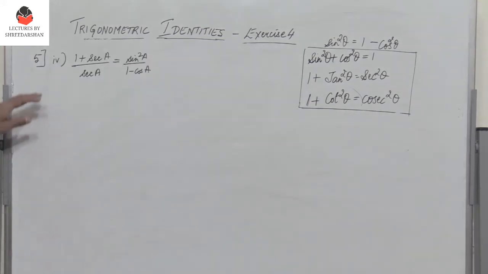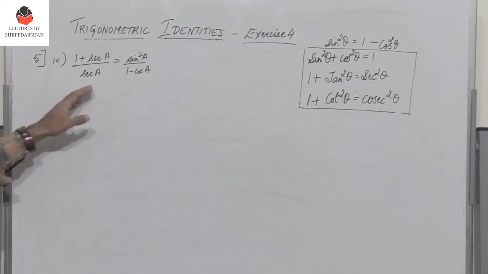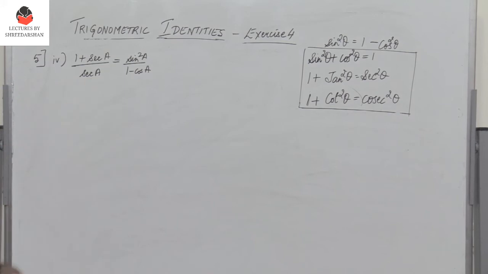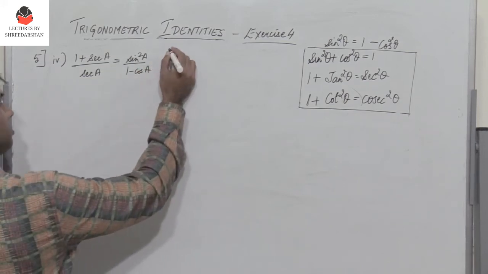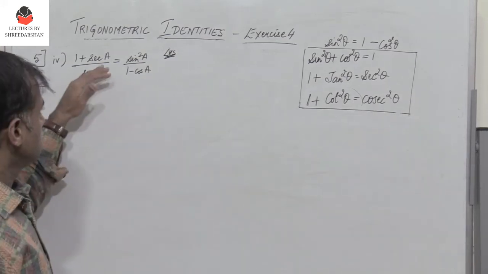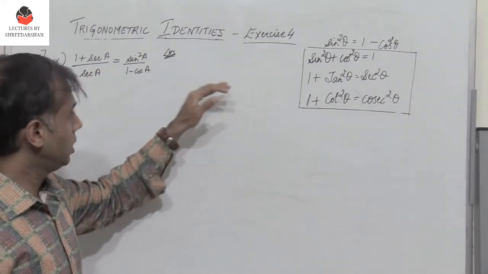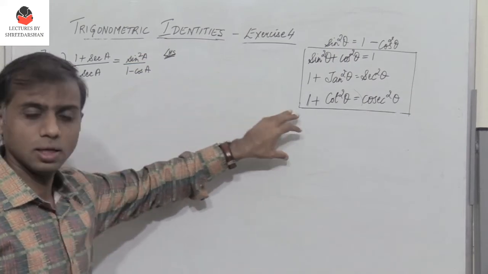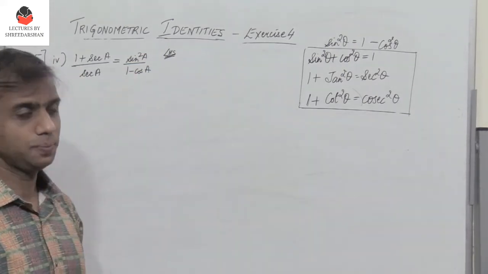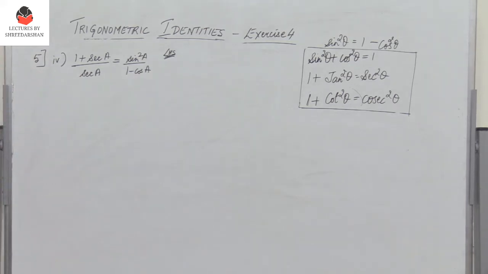Now here in the fourth problem, we need to prove that these two are equal, and a hint is given that we should solve LHS and RHS separately. So let's take LHS. Sometimes it becomes easier for us to solve LHS, and when we solve it, we get one answer. Again, we try to simplify RHS, we get another answer. And if these two are equal, then these two terms will definitely be equal. So it becomes easier. So let us see how this can be done.